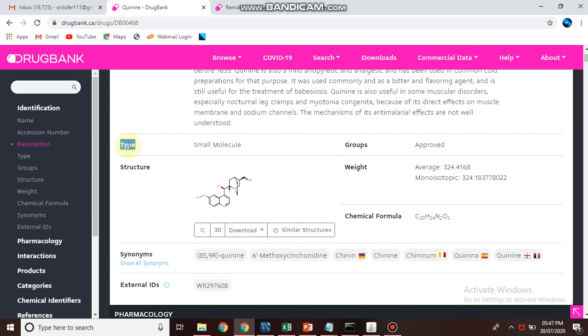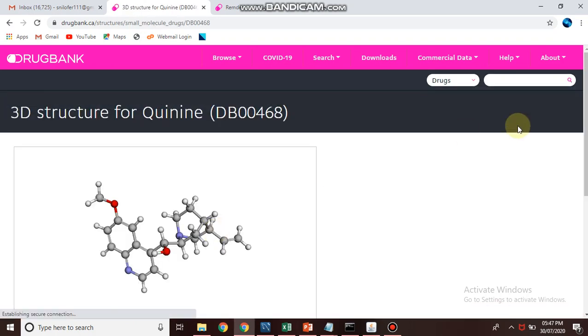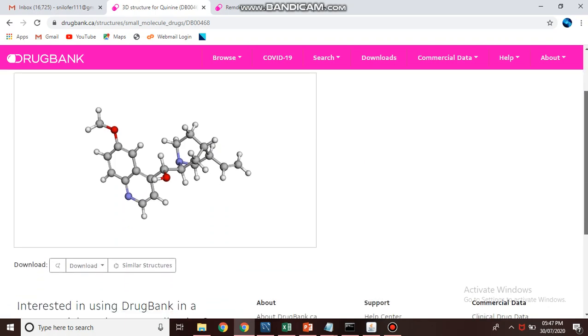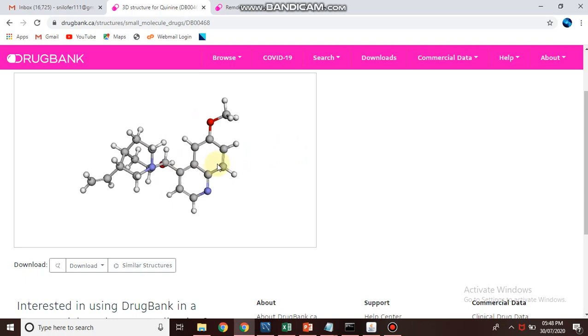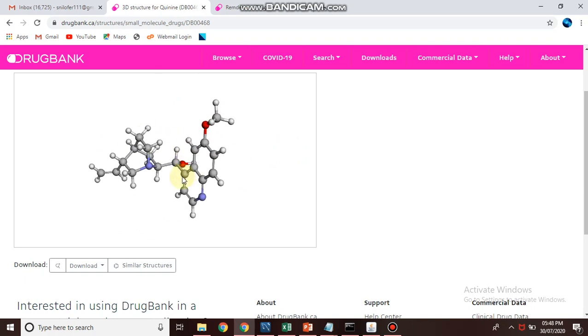What type of molecule is this? This is a small molecule and it is an approved one. This is the structure of that molecule. Here you can click on 3D and you can see the 3D view of the structure. This is a 3D view.